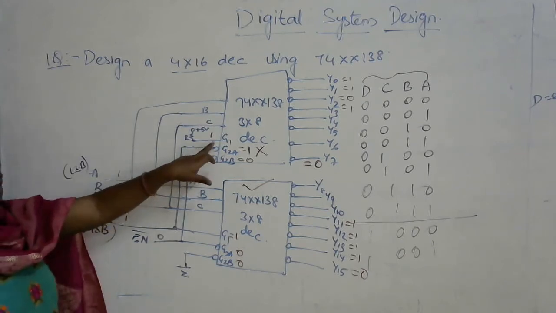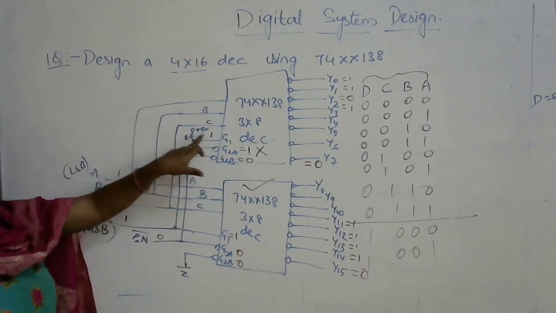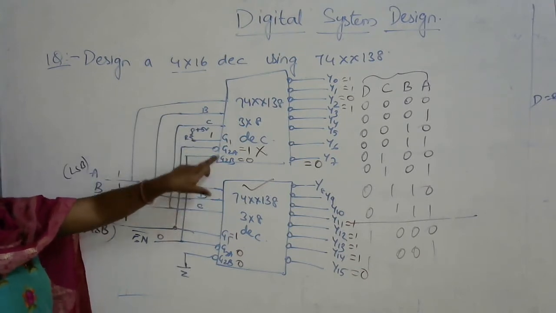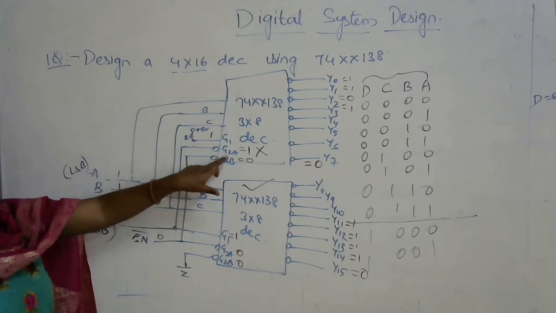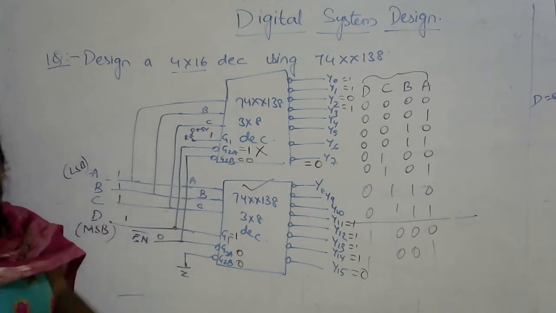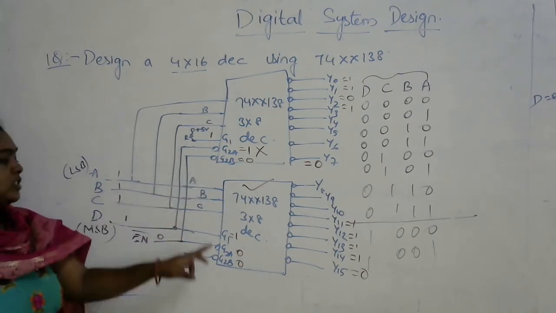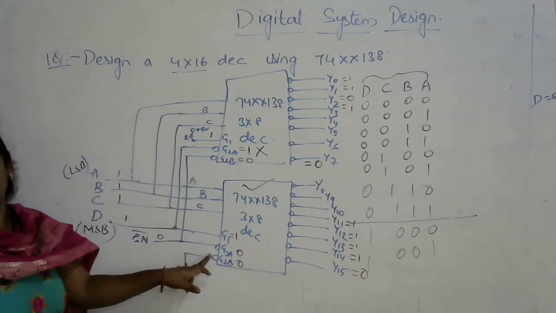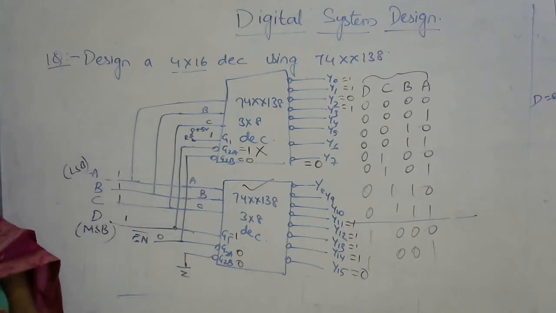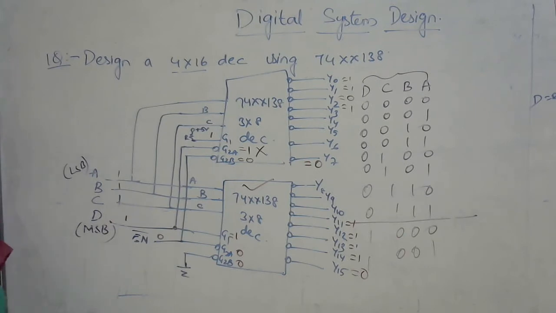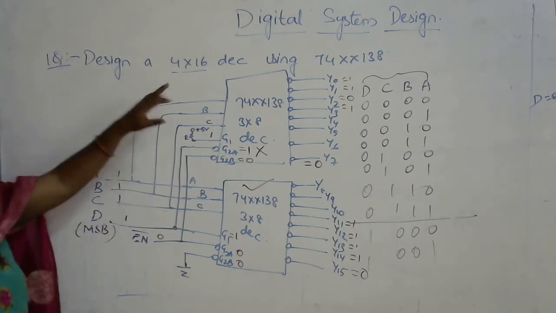So here the first one, G1, is active high, that is the reason I am connecting it towards the plus 5 volts. G2A and G2B are active low, and I am shorting the G2A of the first decoder circuit with the active high of the second decoder circuit, which is nothing but G1. And I am using G2B and G2A, both active low inputs of both the decoders, as a common enable signal. This is how to design a 4 by 16 decoder using a 74138 decoder, if they didn't specify the IC number.